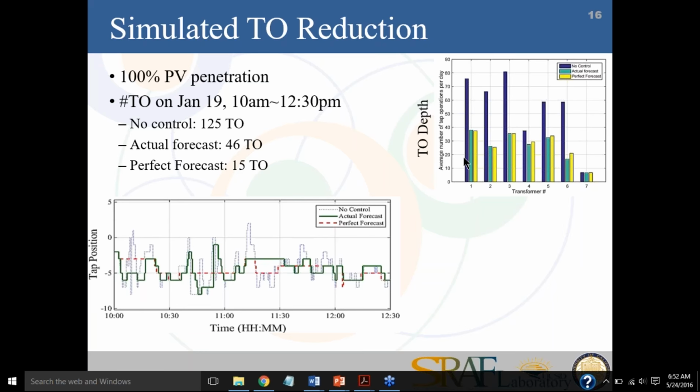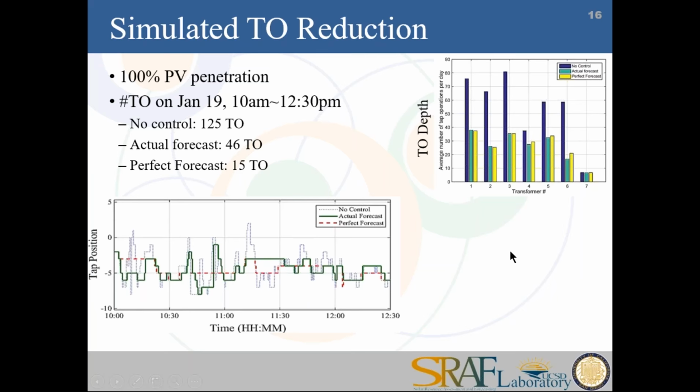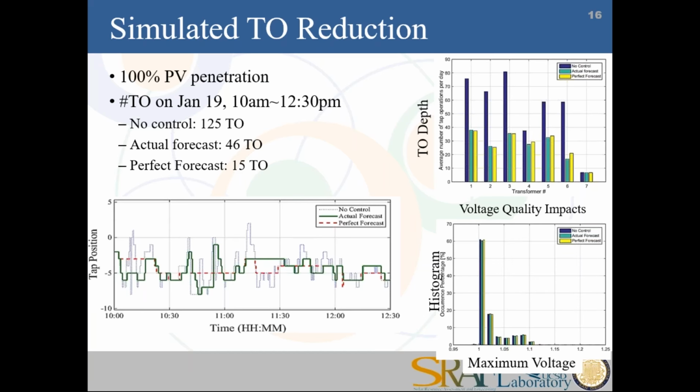transformers, which means that it's really more important in this case to understand the amount of variability going forward than the exact output of each solar power system, because you're really just doing a very qualitative feedback control on this forecasted time series. And so this is good news for those who do forecasting. We can get away with less accuracy.